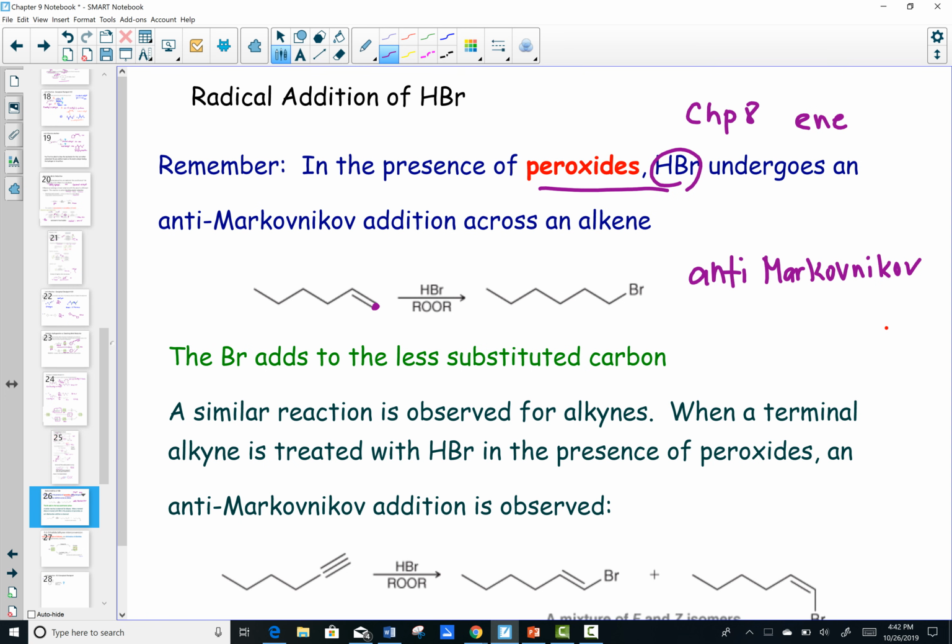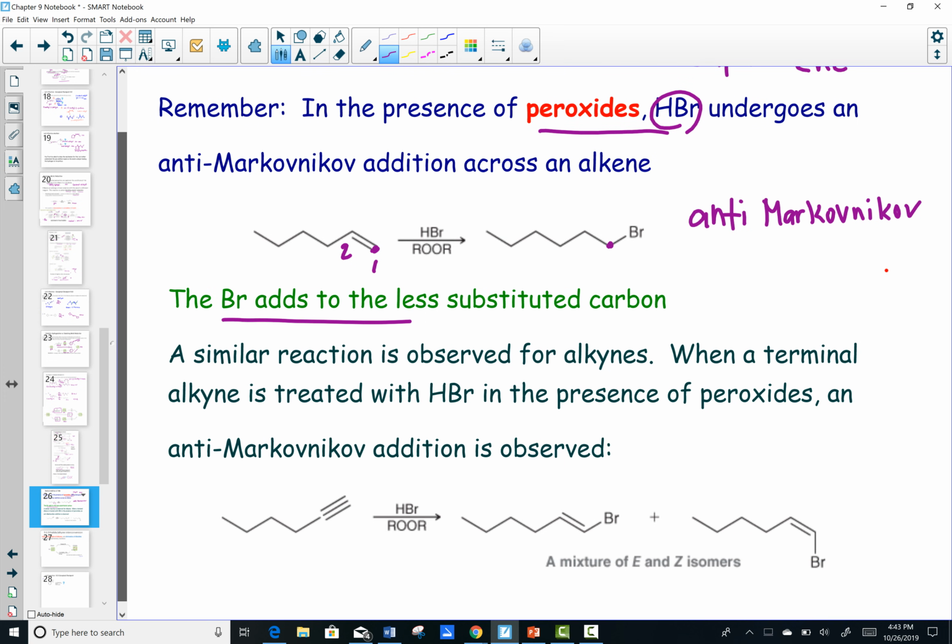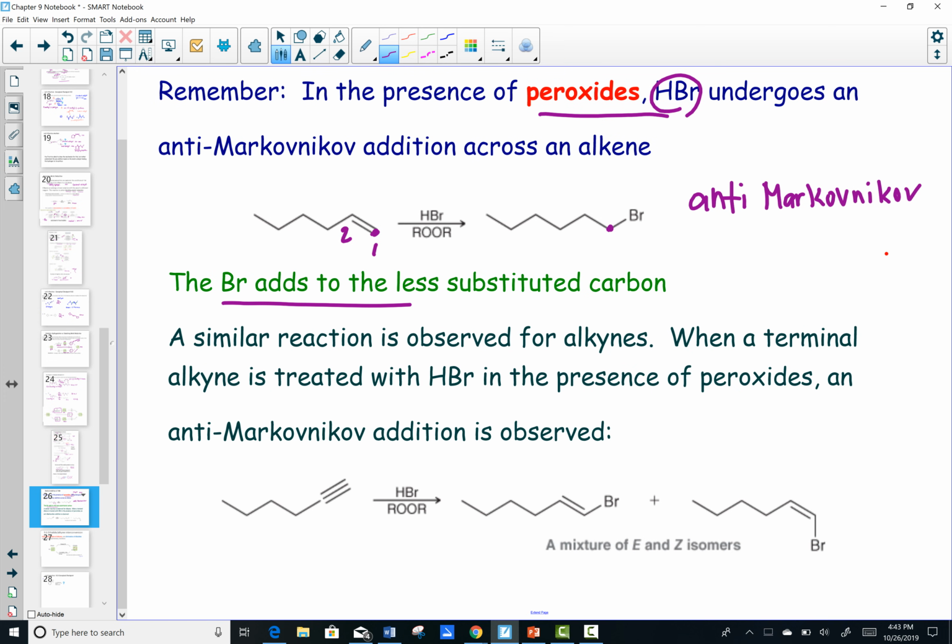So now notice, this is just review from last chapter. Between carbon 1 and 2, Markovnikov would put the halogen on the most substituted. That's not what we see. What we see is the least substituted at the end of the carbon chain, anti-Markovnikov. So onto the less substituted carbon, we place the halogen. So a very similar reaction when we see HBr in the presence of a peroxide,